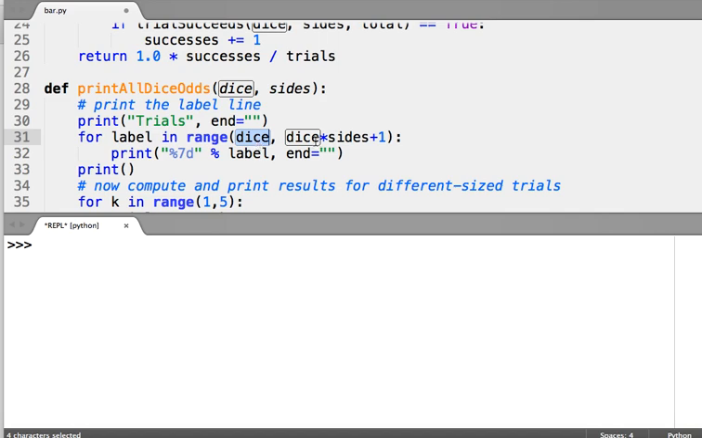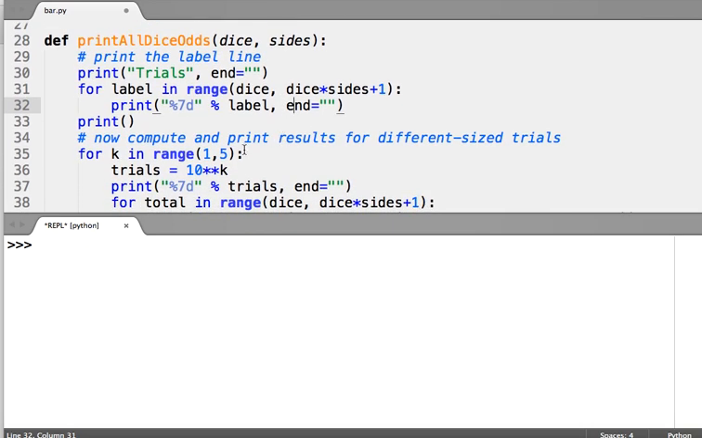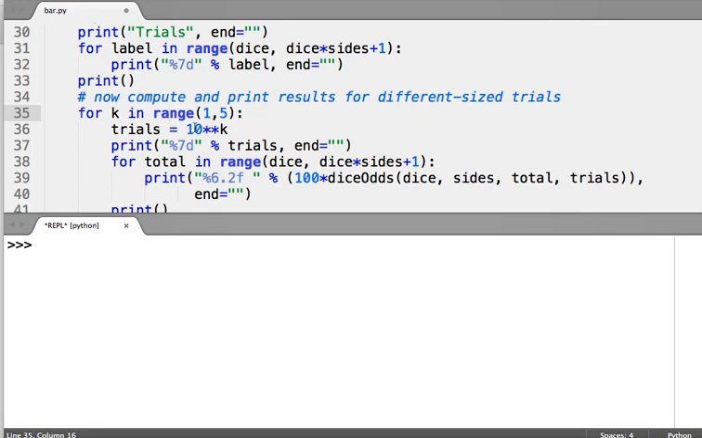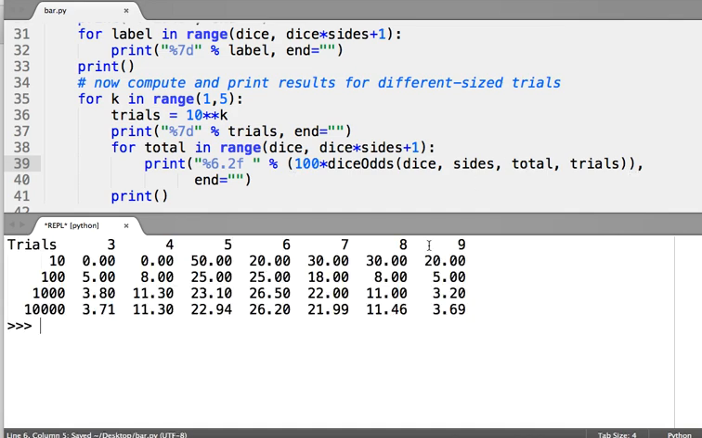The largest I could get would be, say, 2 6-sided dice would be 2 6s, which is 2 times 6. But since ranges are non-inclusive, you add 1. Okay? And then inside here, we'll go ahead and compute the results for different size trials. So just as before, we increase our trials by powers of 10, and then we compute the dice odds for that number of trials. And when we run this, what we see is